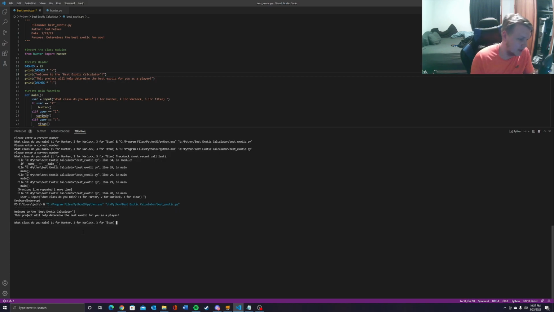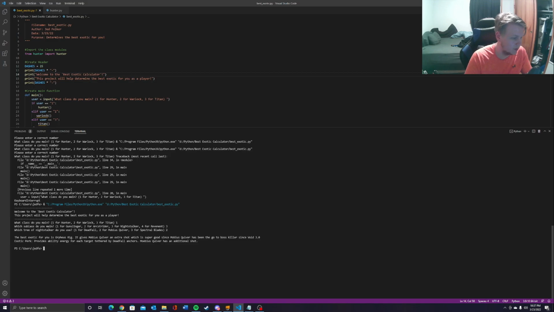What class do you main? I am a Hunter, so I'm going to press 1. Boom. It's going to ask me what subclass I main. I usually go with Night Stalker, so we'll hit 3. Go. What tree of Night Stalker do you use? I use Moebius Quiver. Hit 2, go,